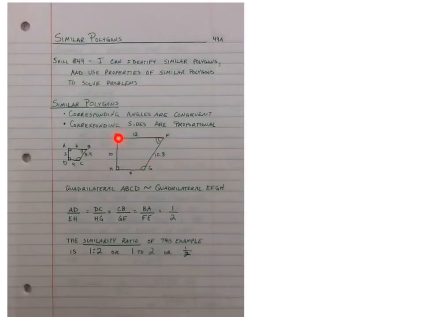The corresponding angles, A and E, are congruent. B and F are congruent. C and G are congruent. And D and H are congruent. So all of the corresponding angles are congruent, and then we need to find out if the corresponding sides are proportional. So what we can do is we can say 6 to 12